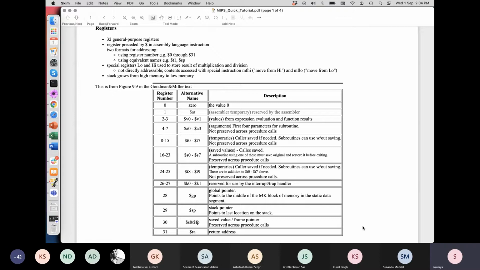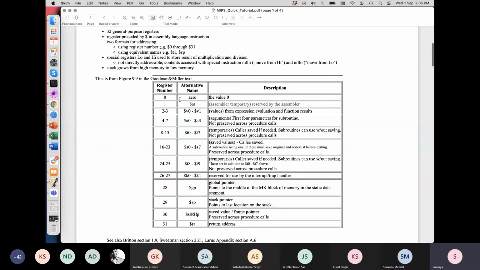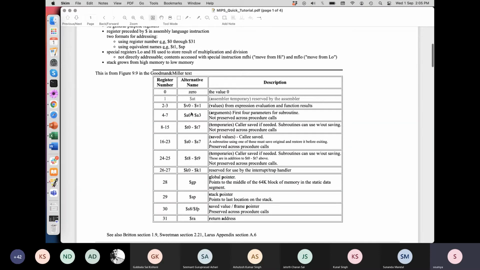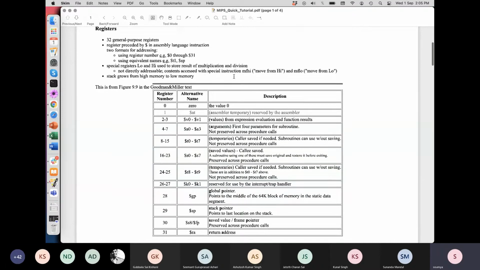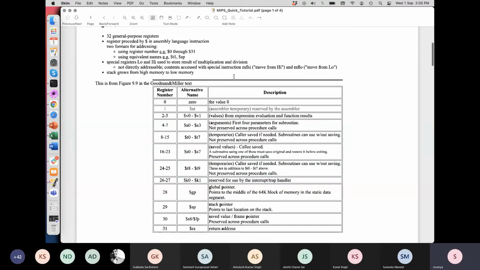Now coming back, when we are talking about these registers, the general purpose registers are accessible here using $0 to $31, like this. Apart from this, you have several other registers in the system which have a special purpose. For example, you have register 0, which always stores the value 0, right? And we will see how this can be useful.